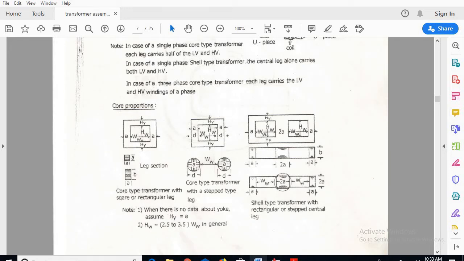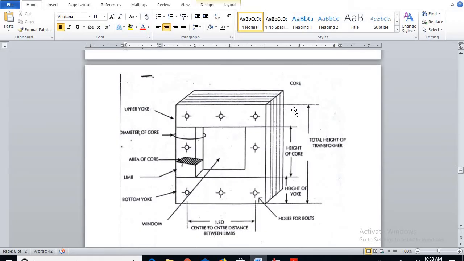Now with respect to this, if I go for a simple cut sectional view, here you can see a transformer which is single phase, that is, two legs, represented. Now I'll cut the transformer in half and consider only one limb, and see how it will be shown.